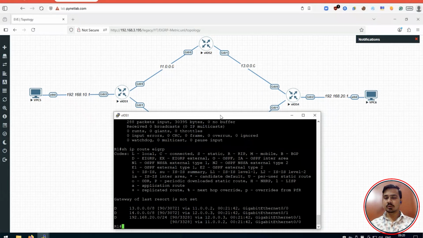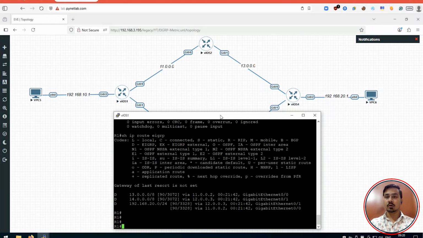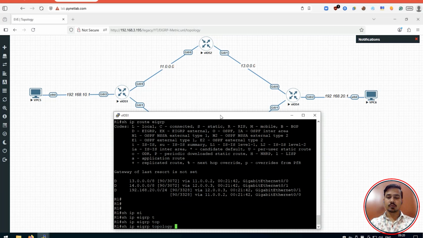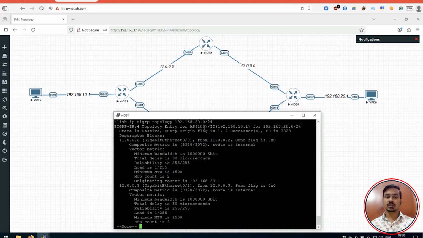Now if you don't want to do all the hard work, say if you want to get all the information regarding your destination, you can run the command show ip eigrp topology followed by the destination prefix. So I'm just going to put here 20.0/24, and if I press enter, you might notice it is providing me the information regarding all the routes that I have. Here we can see it is actually showing me the routes for this very network. Okay, so state is passive,